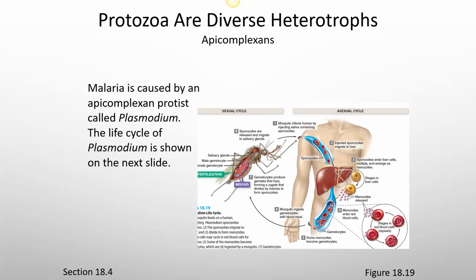Before I get to malaria, there's another apicomplexan that I want to mention, and that's Toxoplasma gondii. If you've ever heard that pregnant women shouldn't clean out the litter box, it's due to this Toxoplasma gondii organism. So what happens is a cat eats an animal that is infected with Toxoplasma gondii. This toxoplasma is encysted in the muscle tissue of the animal. So they're little cysts, and it's kind of a little worm-like parasite that's found in the muscle. So the cat eats that muscle tissue, and the cat gets infected.